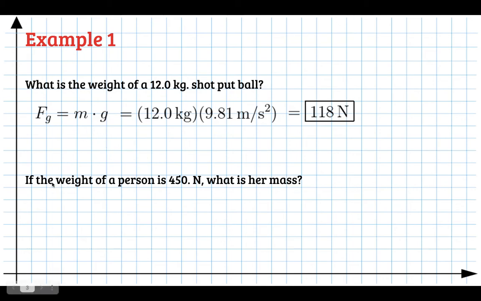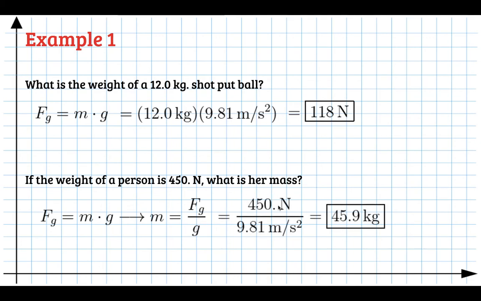So if you have the weight and you want to know the mass, what do you got to do? Well, it's the same equation. The force of gravity, the weight, equals m times g. So if you want to know what m is, you just got to divide both sides by g. So the mass will just be the weight, F of g, divided by g. So in this case, that's 450 newtons divided by 9.81 meters per second squared, which tells you it's about 45.9